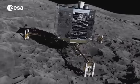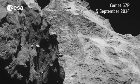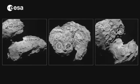Choosing the right place to land is therefore crucial. Since going into orbit around the comet in August, 5 potential landing sites have been identified for a comet whose appearance resembles a space duck. The shape of the comet is definitely a bit unexpected. I consider it at the same time fantastic. It's a unique object. On the other side, it has posed us some headaches in finding a proper landing site because of